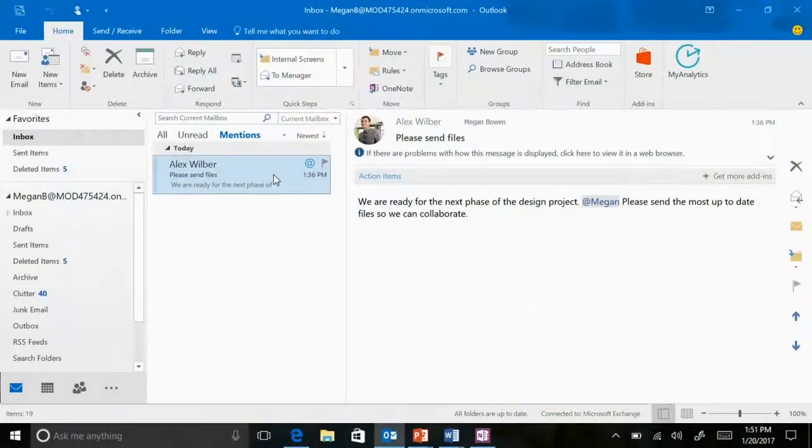So at the end of the day, I just know I can look through these mentions and see anytime I was called out, what the action items I need to address are and what the date is. It's a really quick way to do a search. With Outlook, you can do the search and indexing to find keywords of when you were called out. What this does is it makes it quick and easy. You can filter by mentions and see all the times that you've been interacted with and what the things you need to follow up on are.